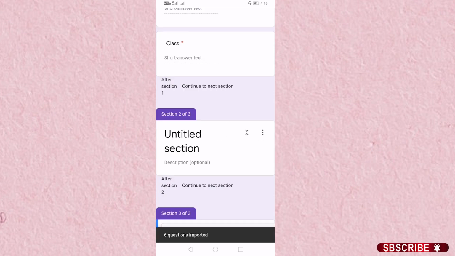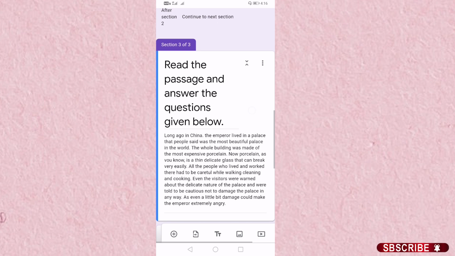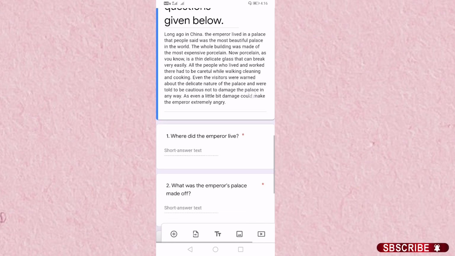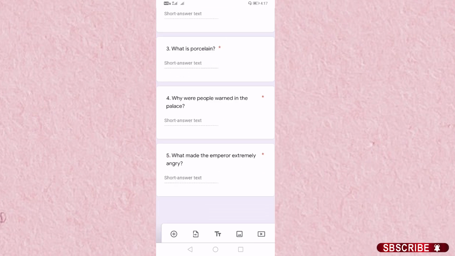So let us do that and see whether our questions are inserted or not. See, you can find the question I have already prepared, that is, read the passage and answer the questions below. Then I have added the passage. Also, questions which are asked from this passage are inserted. So it is very easy to insert a question from your previous Google Form.